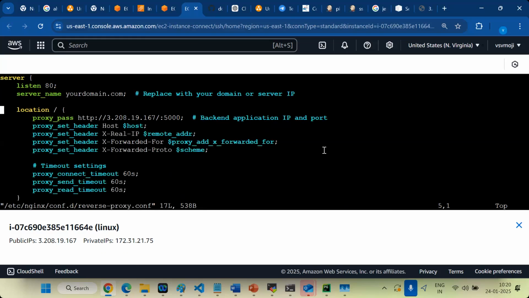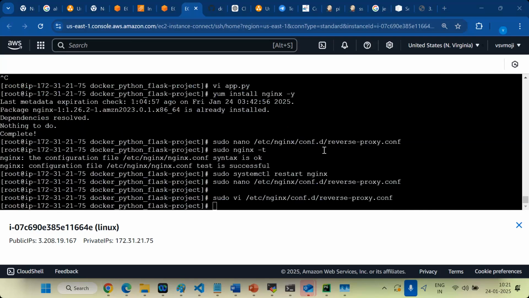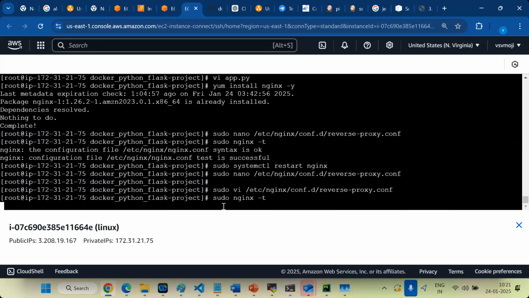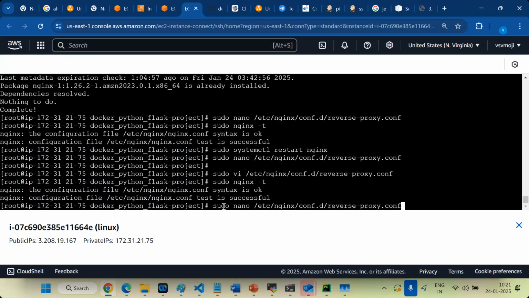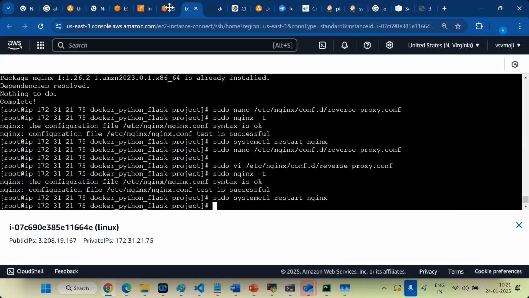See, Vi gives a better view. Let's go to here. Here only, right? Insert. Clear now? Okay, you can restart. Restart. Okay, let's see now.